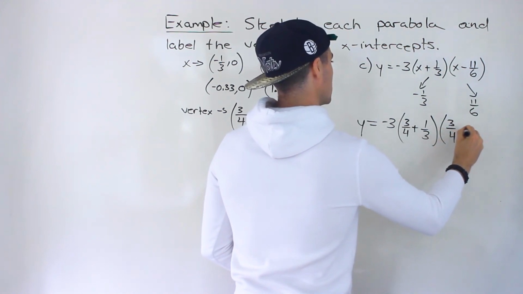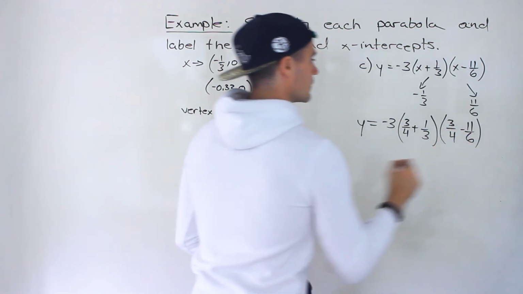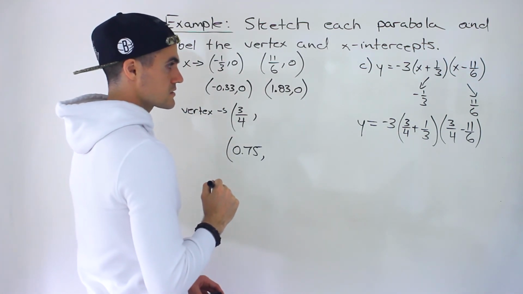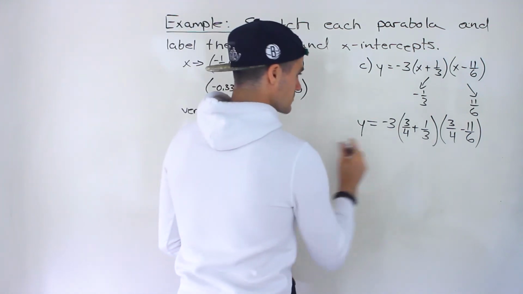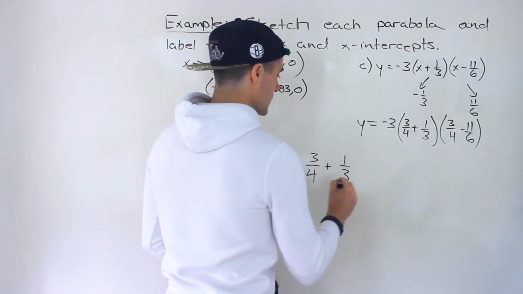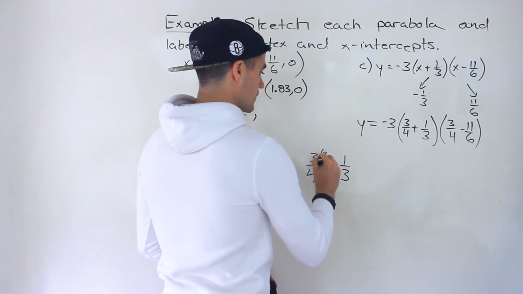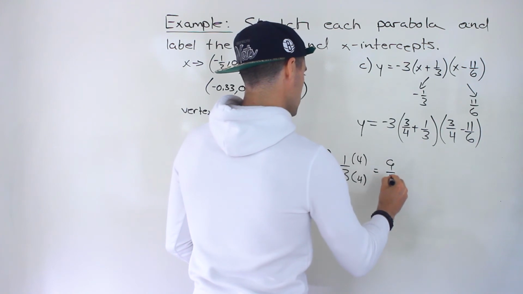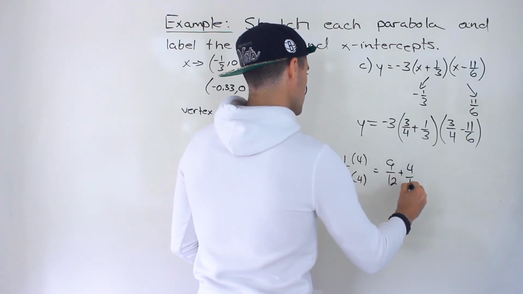Just trying to be super careful here with everything I'm doing. Yeah, it looks all good. So let's work with both of these brackets on the side here, just to not make things a little too messy. So 12, common denominator. So we'd end up with 9/12 plus 4/12, which would give us